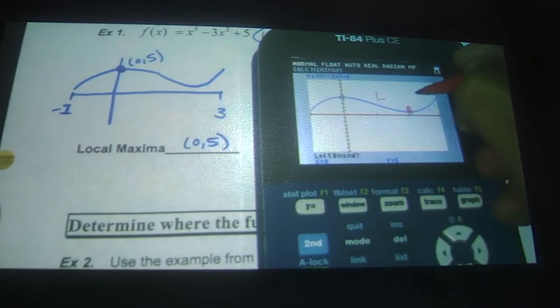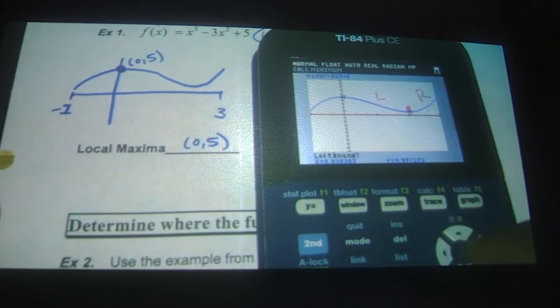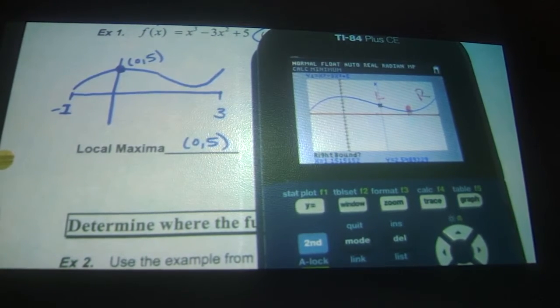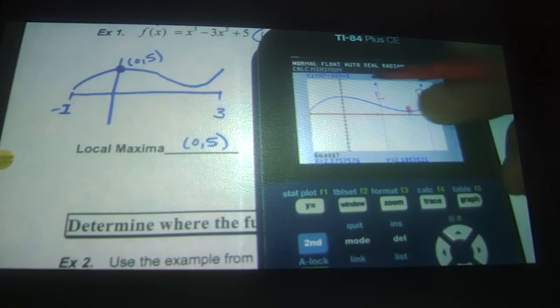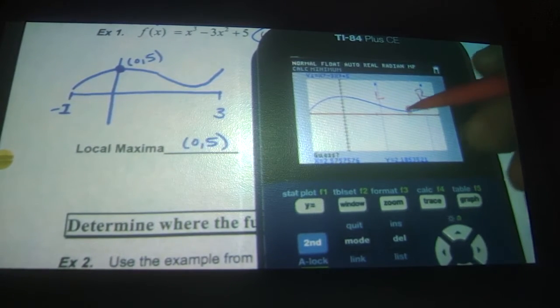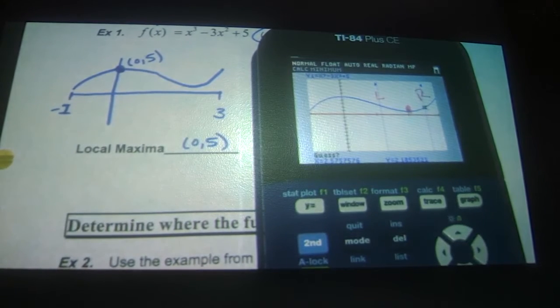This is the left, this is the right. So left bound, I get to the left, somewhere where it's decreasing from left to right. I press enter. Right bound, I go to the right of that point. I press enter. Notice for me, if I have an 84, my arrows are going towards the middle. They're going towards that minimum. Okay? So now if I press guess, your graph is going to find the lowest Y value between the 2 points that you picked. So I press enter, and I have